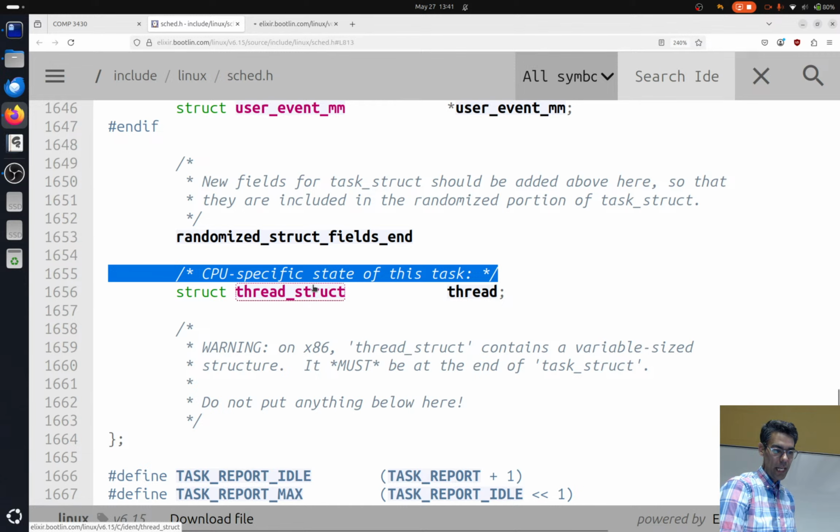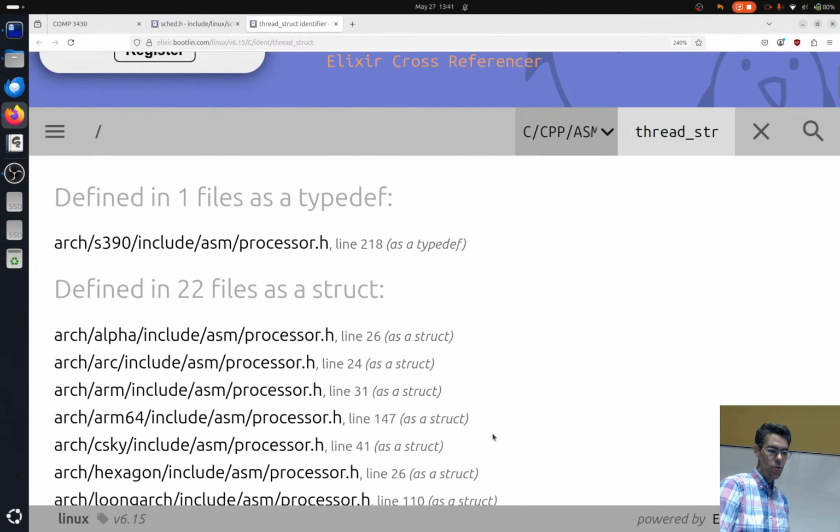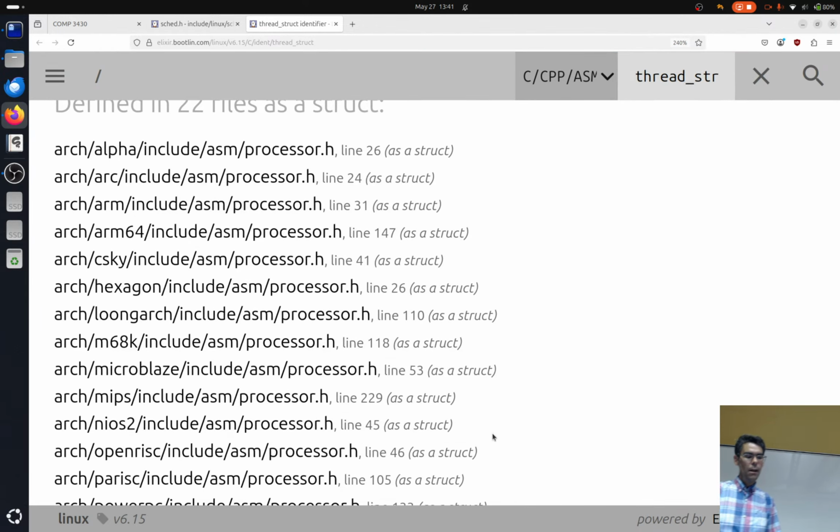I'm going to open this link, and what this link does is it will take us to all the places where this structure has been defined. Every place where this structure has been defined is in a folder that's called Arch here. This is for architecture-specific stuff in the Linux kernel. Architecture here being x86 or ARM or MIPS or